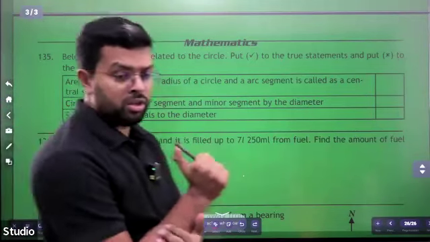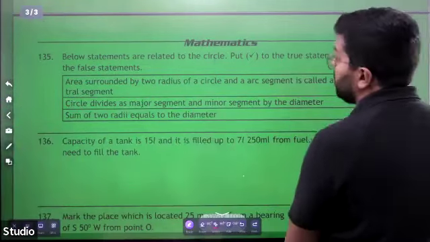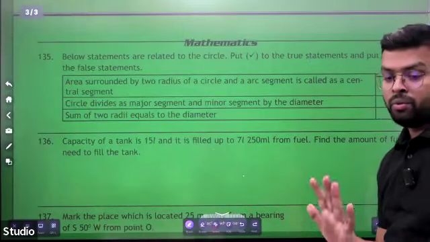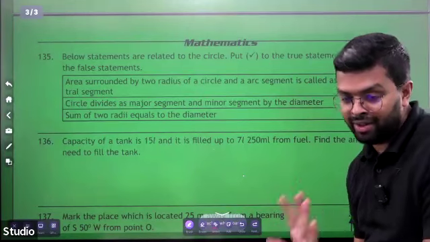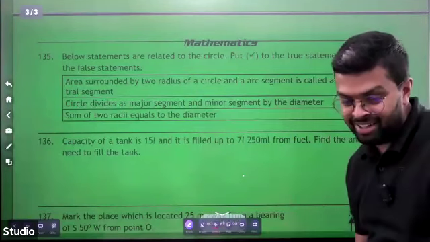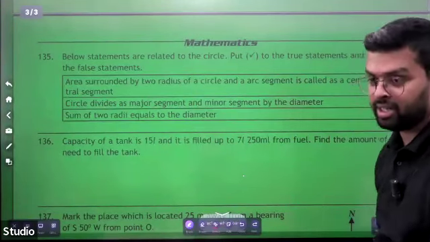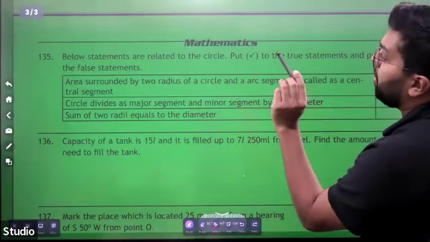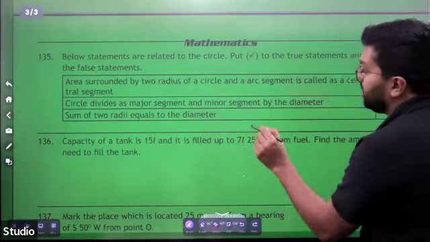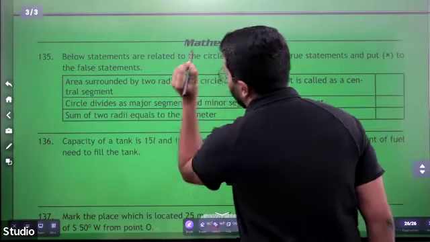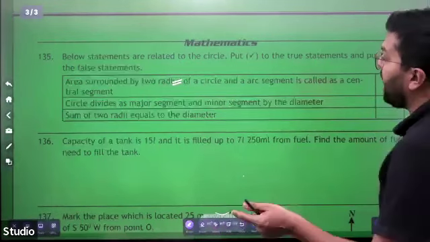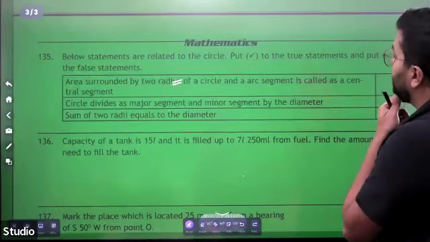Area surrounded by two radii of a circle and an arc is called a